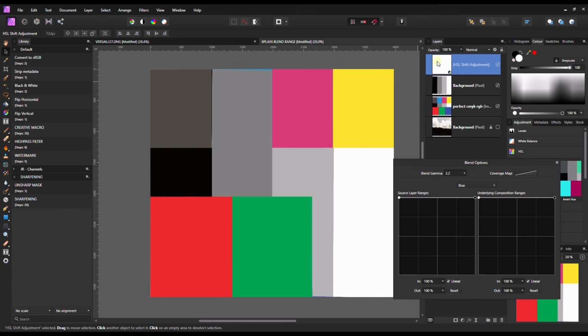But other than that, in this tutorial, we learned that if you want to apply an effect on a photo and also want to protect some color channel, you can easily do that by going to the blend option and selecting either red, green, or blue. It's that easy. In future tutorials, I'm going to use this technique to show you exactly how this blend option works with each adjustment layer. So stay tuned and I'll see you in the future videos.